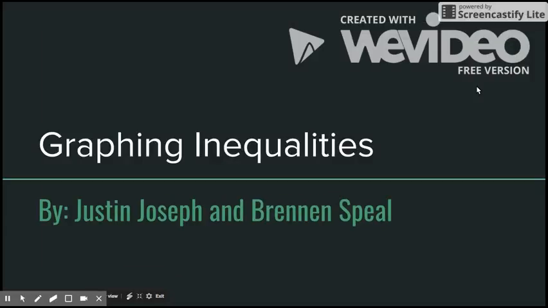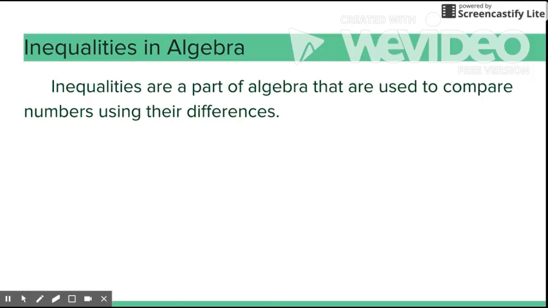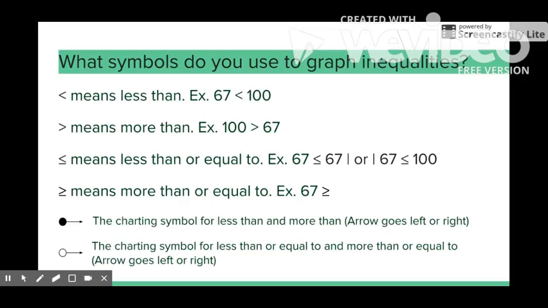Today we will be teaching you how to graph inequalities. Inequalities are a part of algebra that are used to compare numbers using their differences. To solve an inequality, you first need to understand the symbols. The first symbol is the less than symbol. This symbol indicates that the numbers to the left of the symbol are less than the numbers to the right